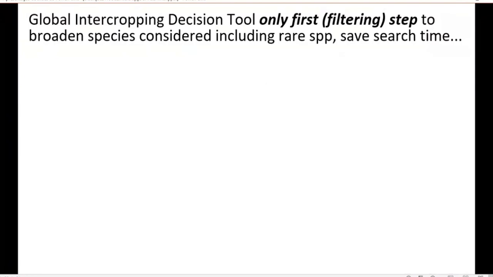So it doesn't take into account, for example, the rooting system of trees or plants. It doesn't take into account lots of other traits that are potentially important for interspecies interactions, like multi-trophic interactions. So the allelopathy or the interactions with herbivores and then with predators that interact with the herbivores, none of this is being taken into account in our initial intercropping tool. So we really designed this tool as a first step, as a tool to reduce the workload